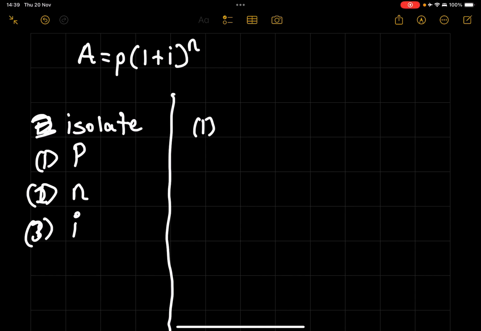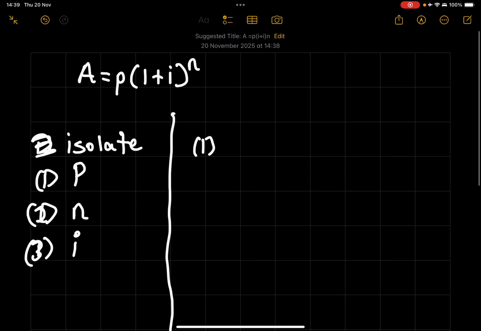Here is a breakdown of the compound interest formula, manipulating it to make every variable the subject. We are going to firstly start with making P the subject of the formula. We are going to use inverse operations to do that. So when we look at this formula,